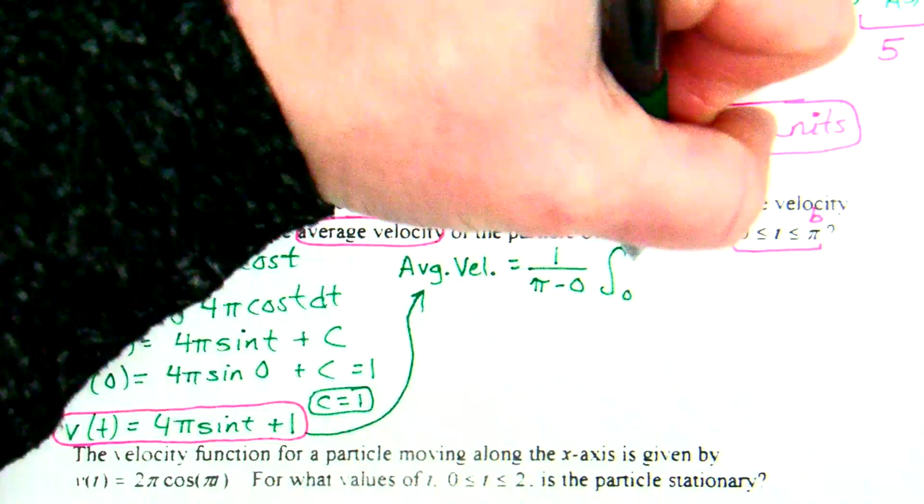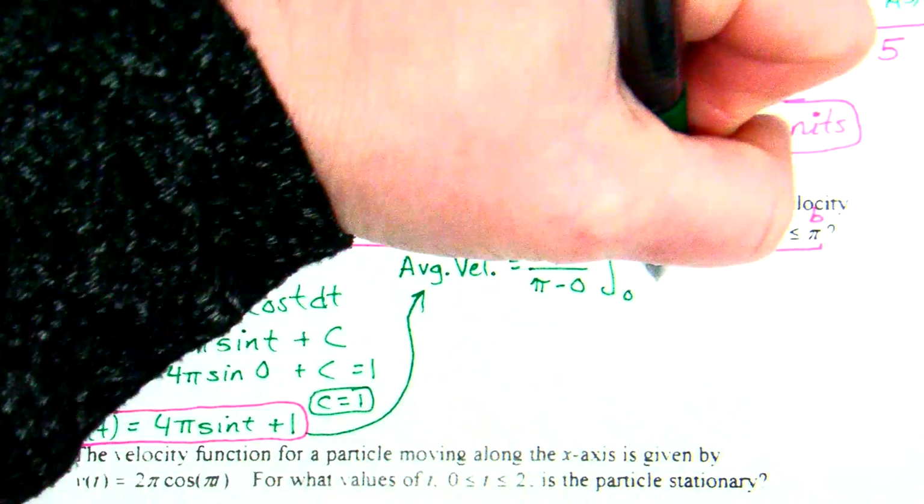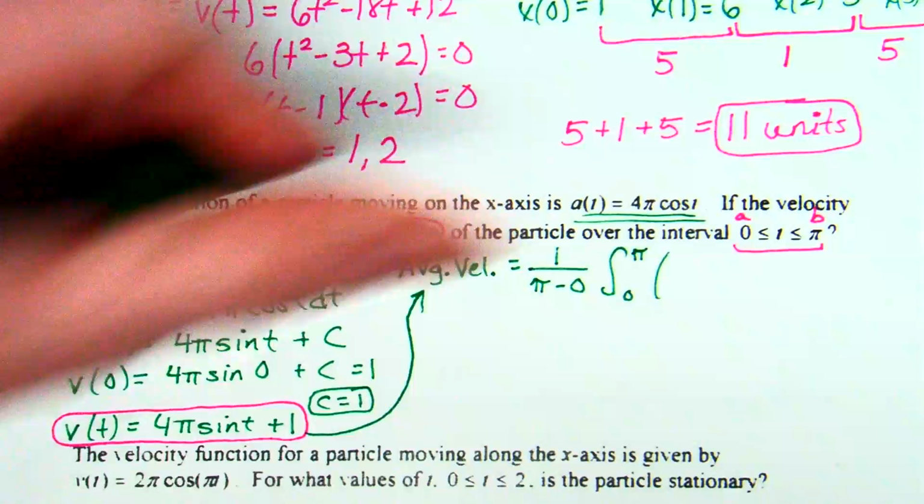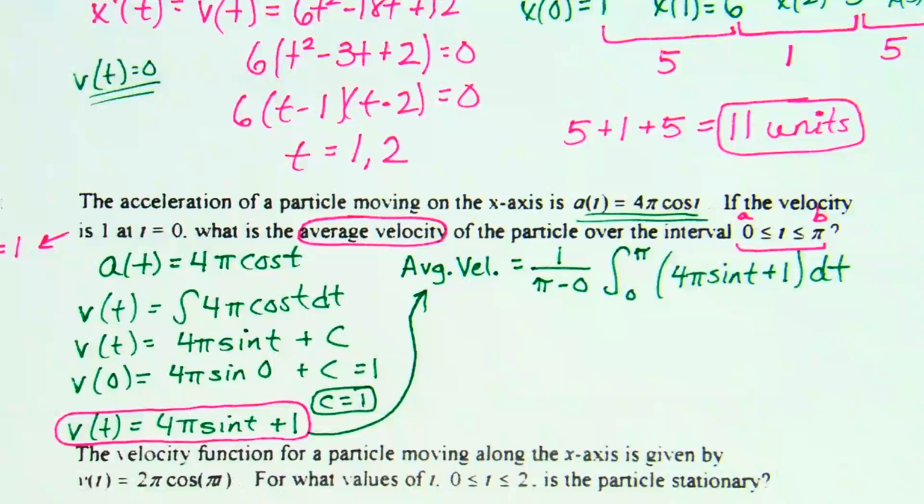0 to pi of what? Well, if we're doing average velocity, what's our velocity formula? 4 pi sine t plus 1 dt. So as I said yesterday, when we learned how to do average value of a function, watch for the word average. There's your lesson from yesterday, Cassidy. I said you had the notes. Did you watch it? Yeah, you said